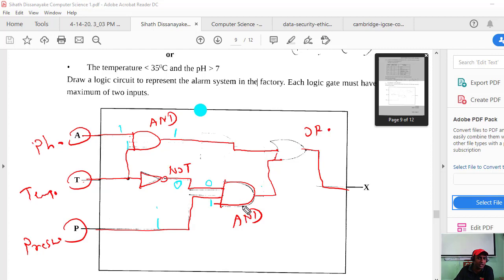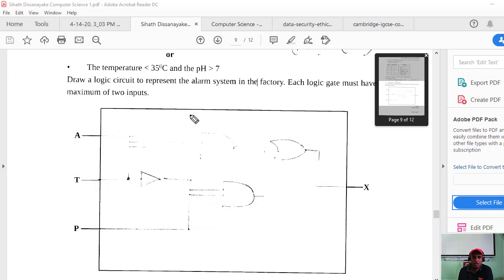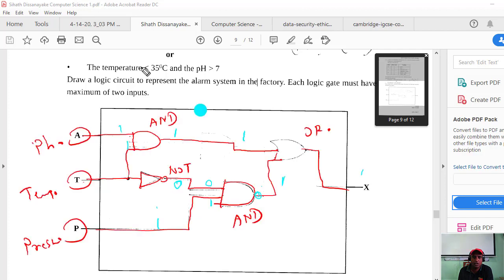This is an AND gate, right? You said that, right? Then AND gate, this is 1. This is also 1. I think that should be correct. Should be a NAND gate. Wait, we'll check the answer.